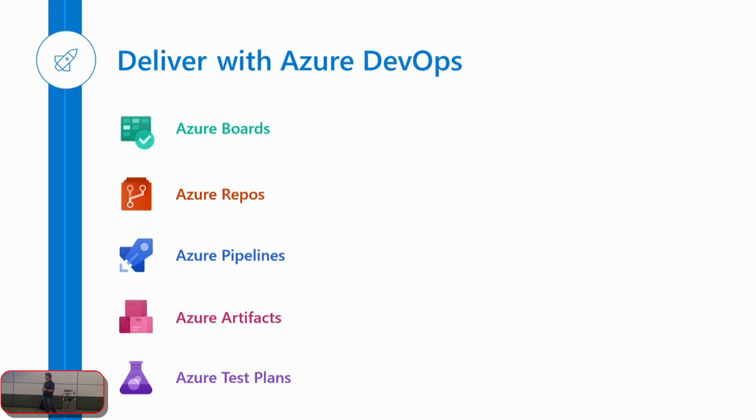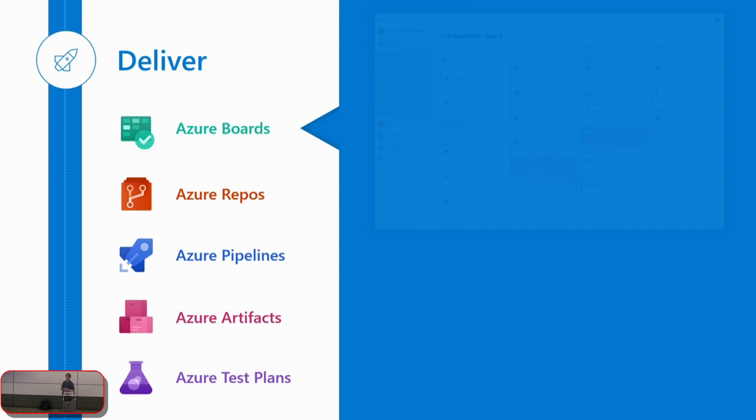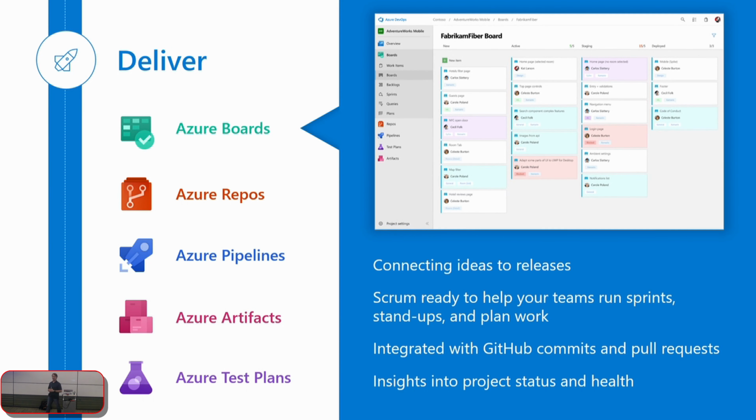So we're going to focus specifically on Azure DevOps, the tools that Microsoft provides. And these are the 5 primary areas that are delivered as part of that tool set: Azure Boards, Repos, Pipelines, Artifacts, and Test Plans. We'll go through each of these one at a time. And this isn't just an hour and 20 minutes of slides. It'll be some slides, and I'll bounce into the actual tools. So in case you're wondering, are we going to sit here and watch slides all night long? No, that's not the intent.